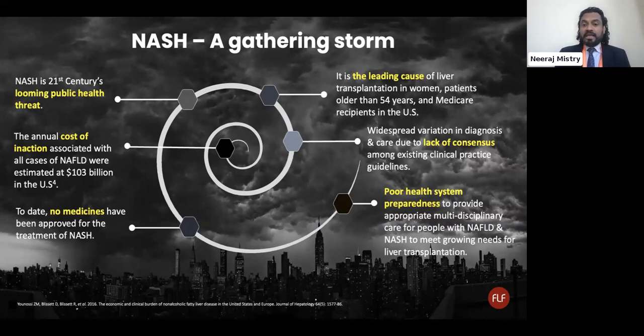And so we feel that this is a gathering storm because we don't have the infrastructure and the systems in place to actually screen for and pick up early people who may be at risk of or in the early stages of NAFLD and NASH. And that's the challenge that we face. Now, the problem that results from that is that by the time that patients present, the disease is so advanced that it requires advanced medical management, which includes things like liver transplants, long periods of hospitalization, and lots of medication after that. And that exacts a huge cost on the health system.